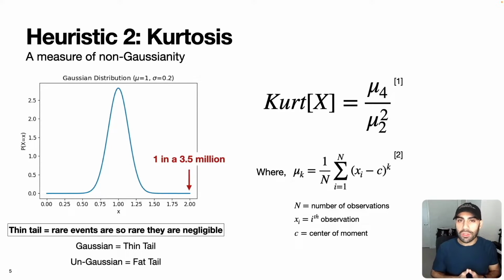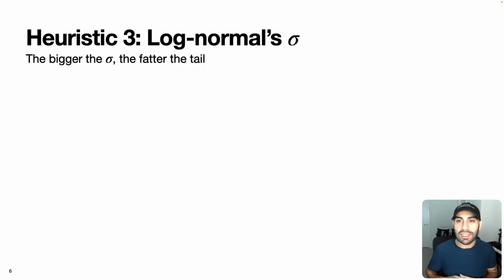However, there's one major limitation with using kurtosis, namely when talking about Pareto distributions with an alpha value less than or equal to 4, it is not defined. So even if in practice you can always compute a value for kurtosis, when working with very fat-tailed Paretos, those values are meaningless. So heuristic number 3 is using the log normal's sigma value, where the bigger the sigma, the